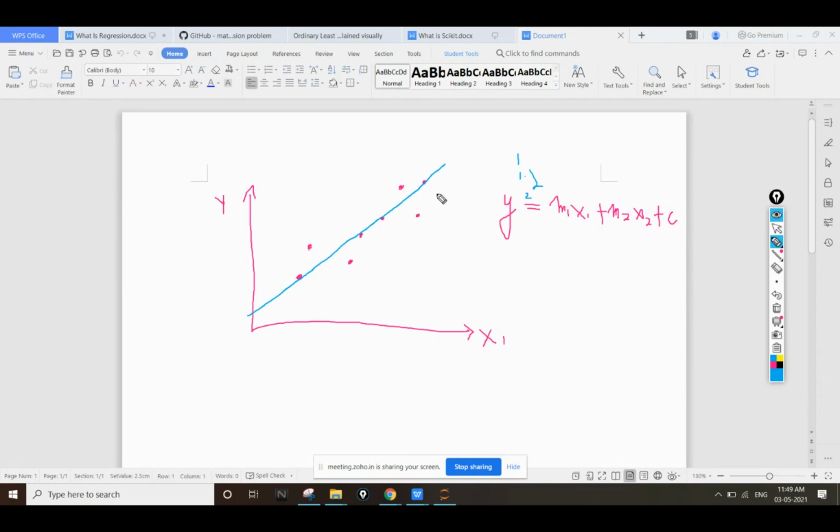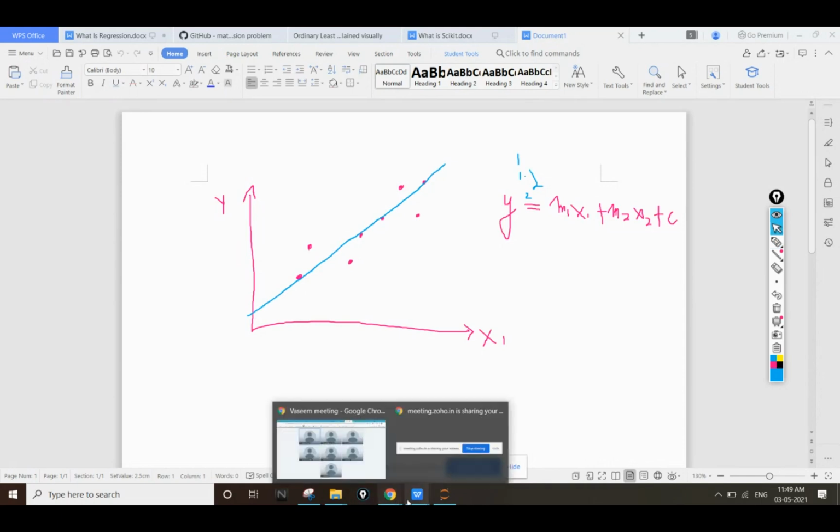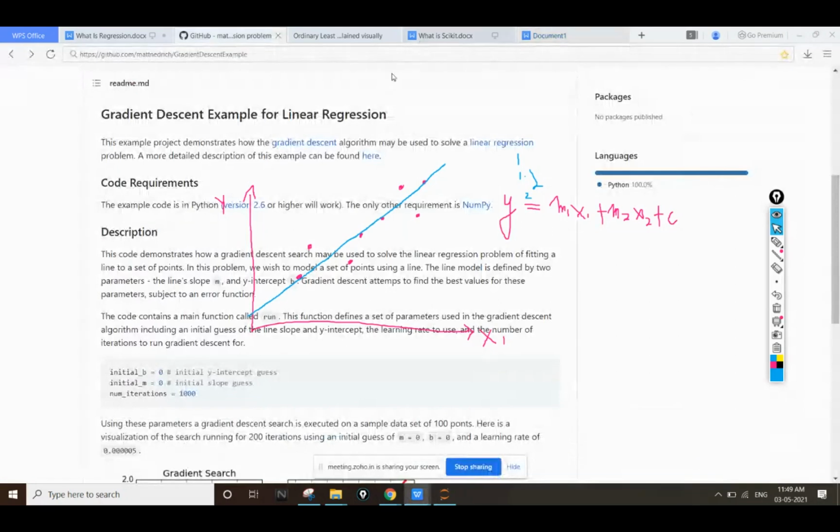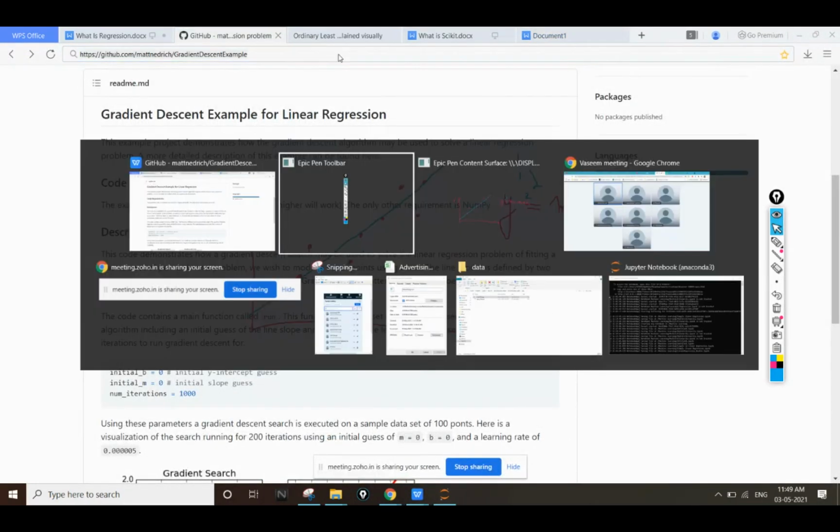The training part decides what will be the value of M and what will be the value of C, and based on the value of M and C, we test our data with the remaining testing part. Okay, and if you want to get a clear visualization, let me copy this GitHub link and provide it to you in the chat.